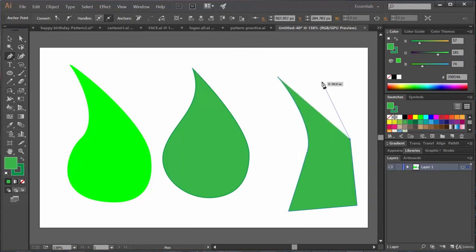But when you click and drag, you are creating an anchor point with anchor handles, which control the curvature of that path. So that's it.